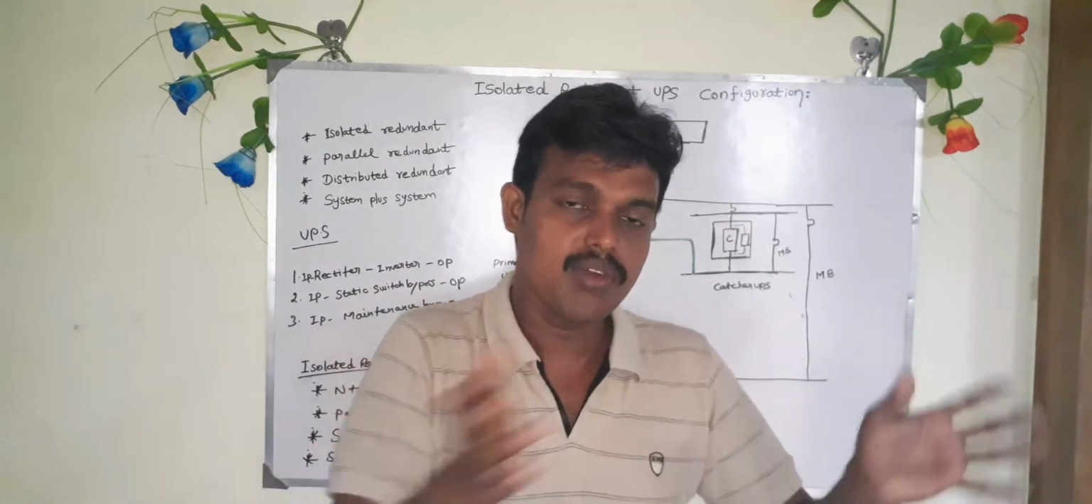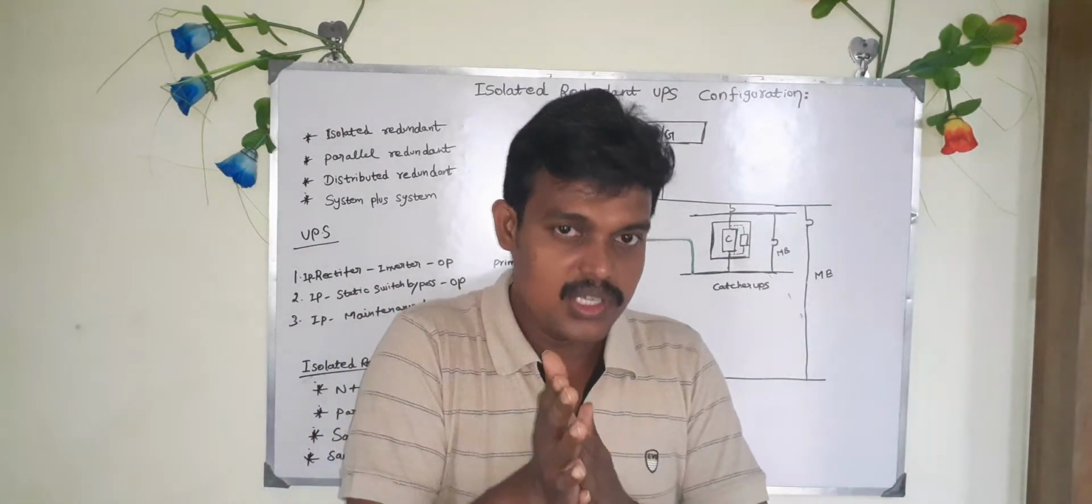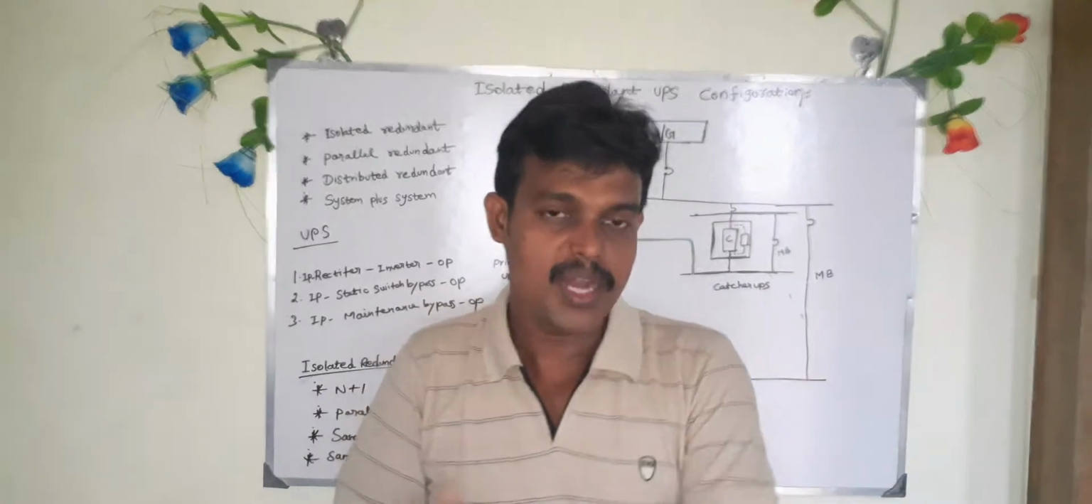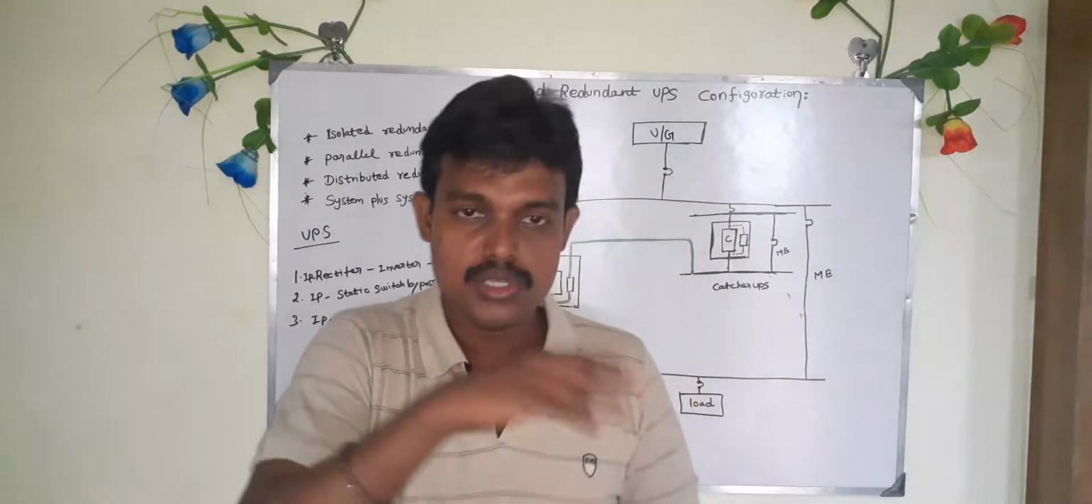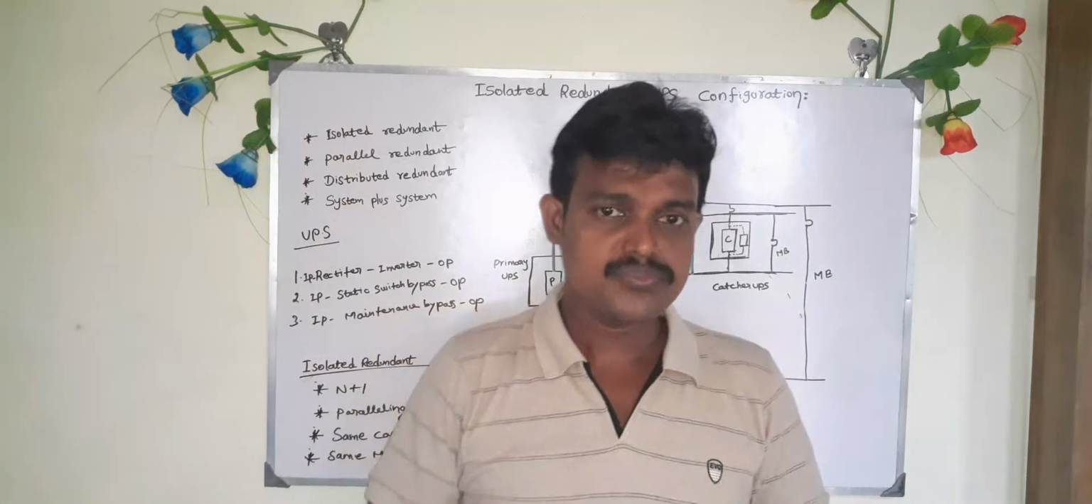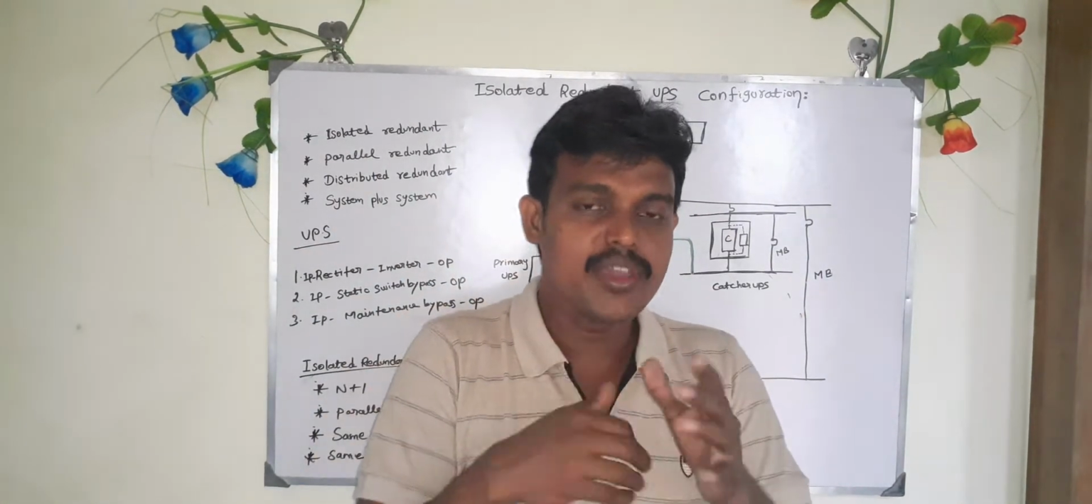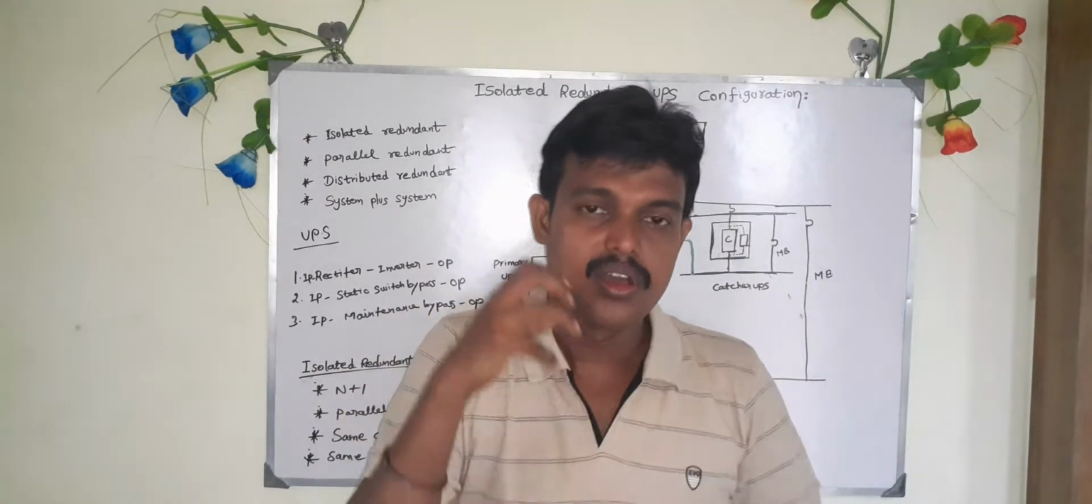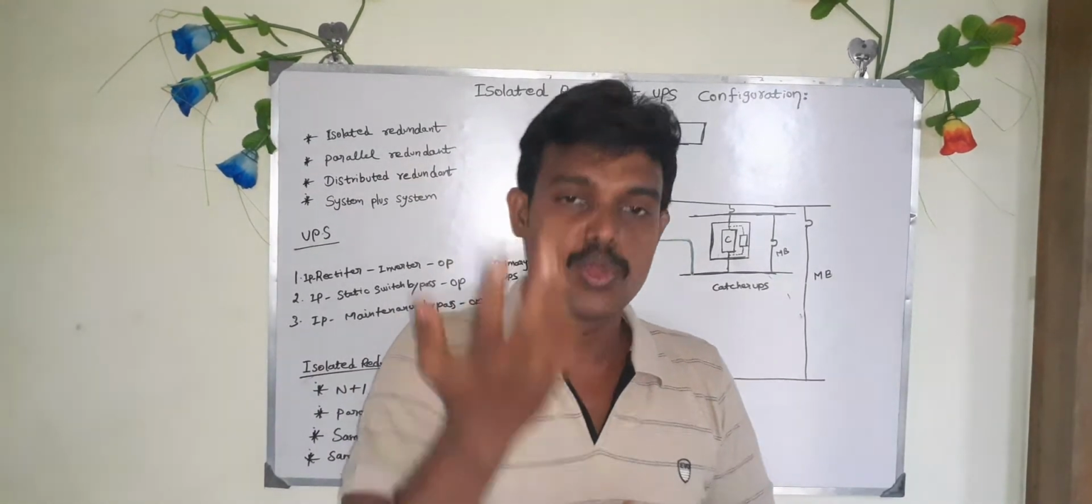If it goes beyond that limit, what will happen? It will transfer from double conversion mode to battery mode. It will go to battery mode and it will supply the load to your equipment. So in this case, to increase the redundancy of your UPS, you can